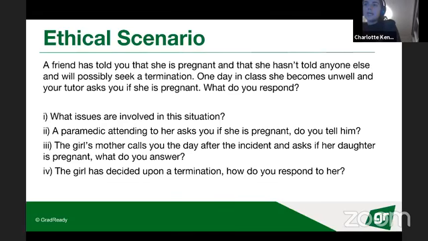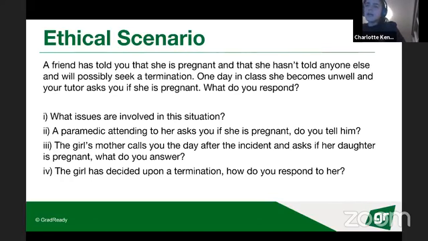So I think when we think back to the ideal medical candidate, empathy is the most important thing. So I think it's really important to say that you would let your friend know that this must be a really hard decision, that whatever decision she makes is the right decision for her. There's no pressure, and you just want to make sure that she's okay and that she feels supported. And I think that is the best thing to say initially, because ultimately what you care about most in this scenario should be the well-being of your friend.